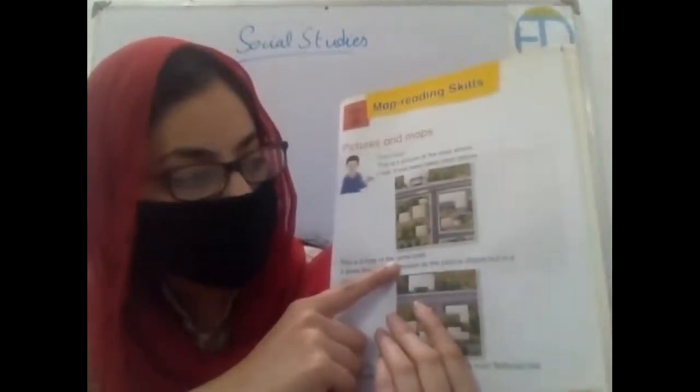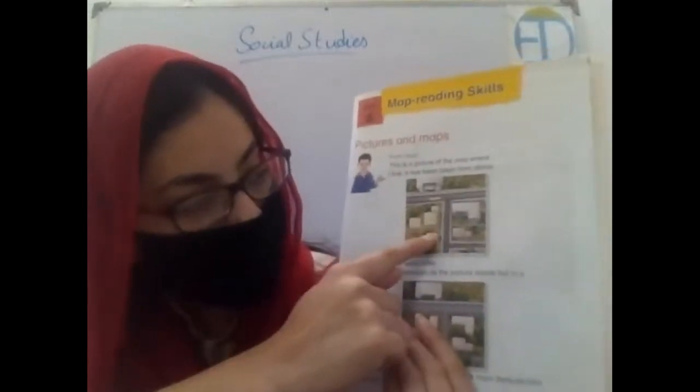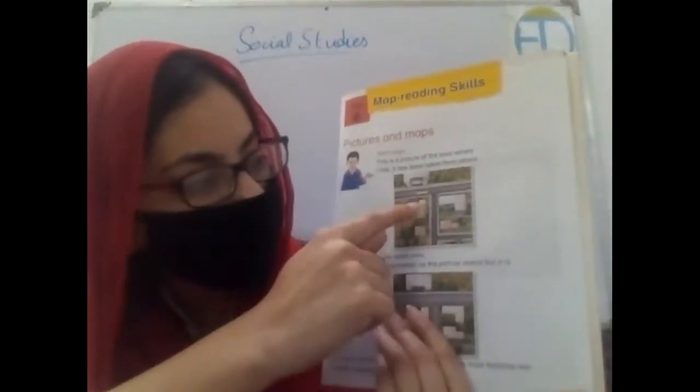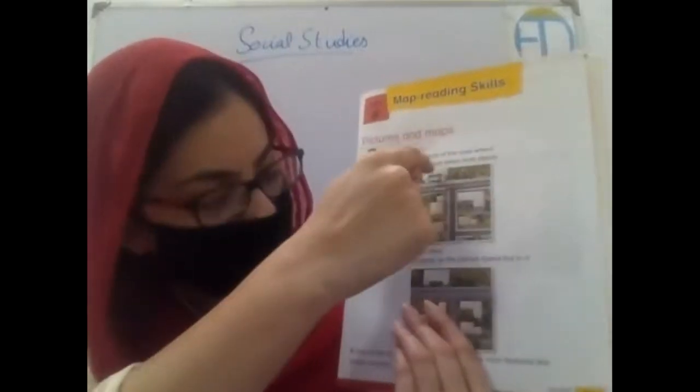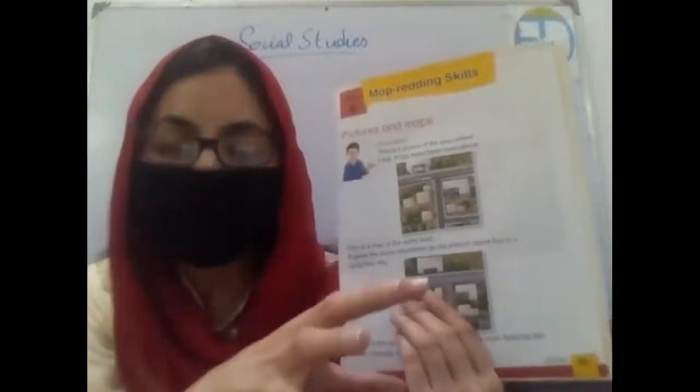This is the map of the same area. This is the picture. In the picture you can see the building, you can see the windows, you can see this greenery. Over here there are two trees, then this is a road and a vehicle is moving. So it gives you more details of it.